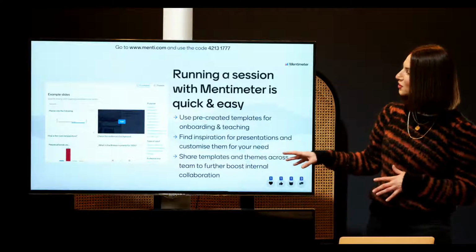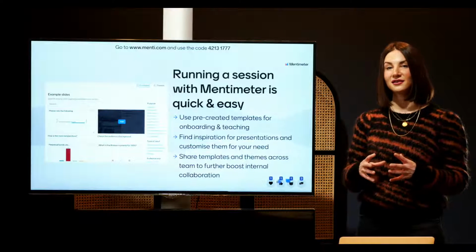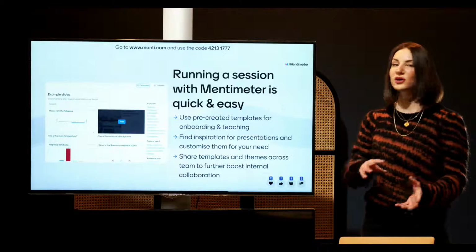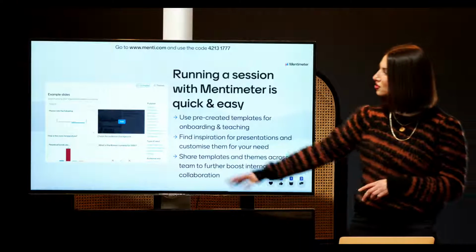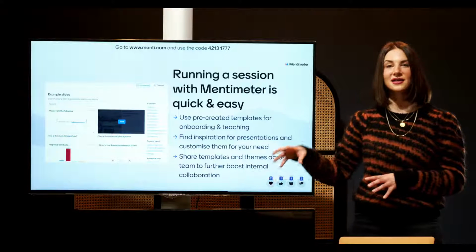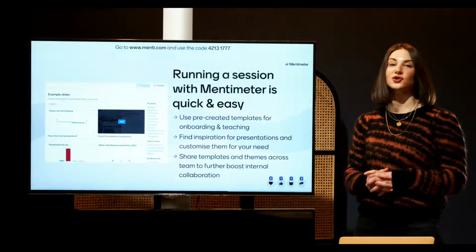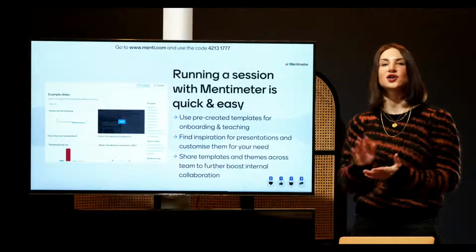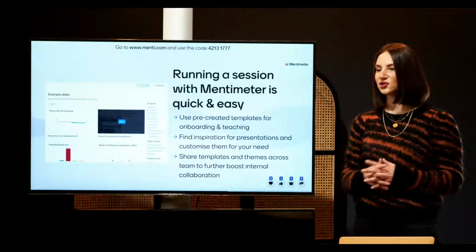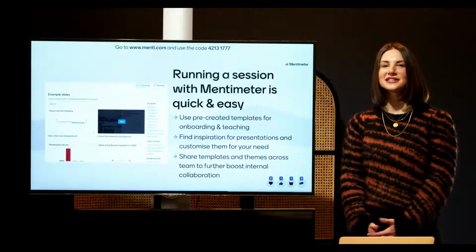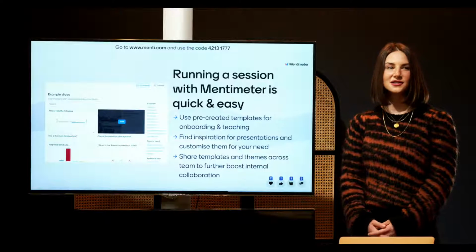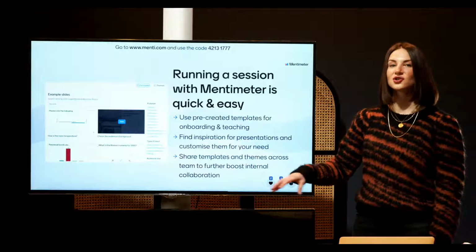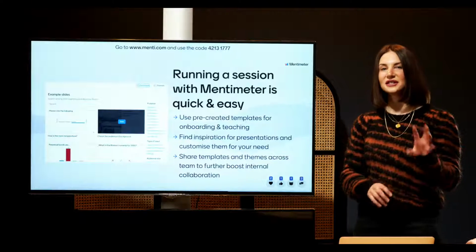Now, in terms of using this more cohesively internally and boosting that internal alignment, what you can actually do in more centralized subscriptions is share specified, customized templates across your team. An example of this could be if you work in the HR department and you want to measure understanding on safety regulations or resources for internal use. What you can actually do is create a template, share it across your HR team, and have different departments use